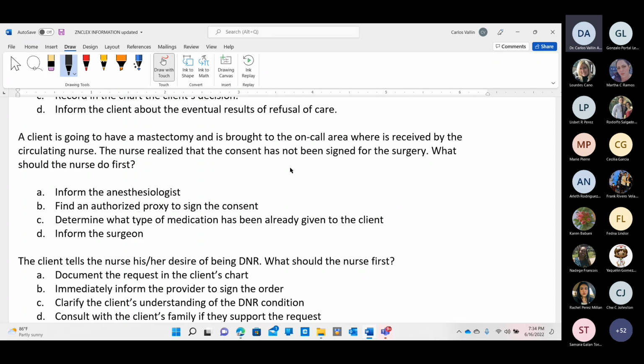I'm going back. The woman is admitted for a hysterectomy. When the nurse brings the informed consent to sign, the client states, yes, I will sign the consent because I want to have this surgery and be able to have more children. So what do you realize with this statement? She doesn't know. She's not informed. So the options are, I forgot the problem, let me remember the options. The options were: